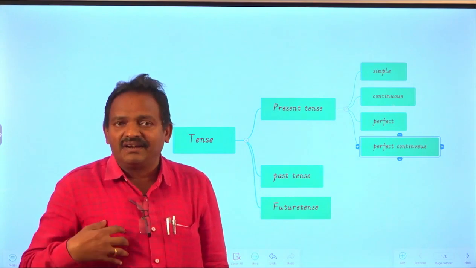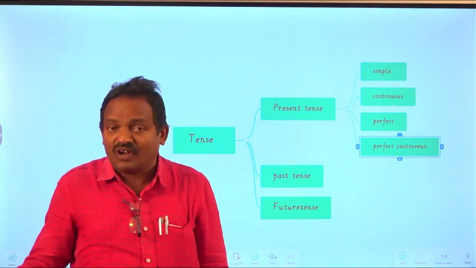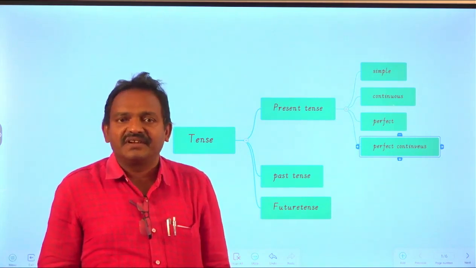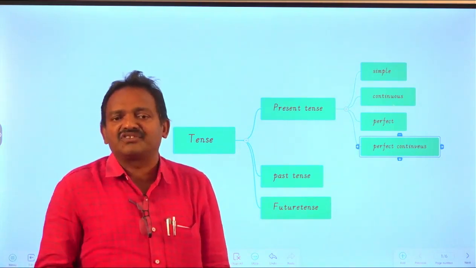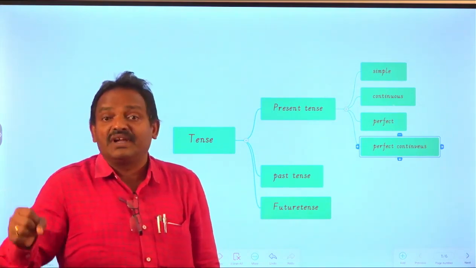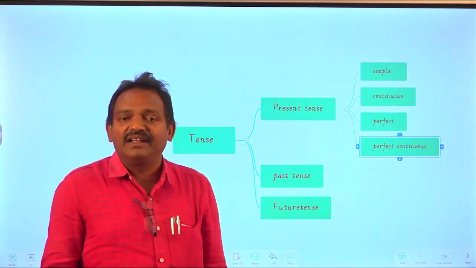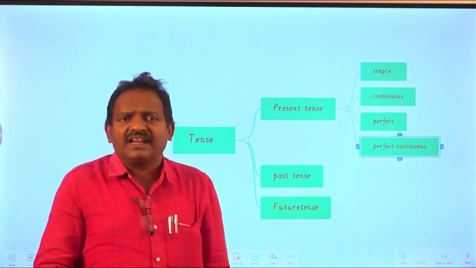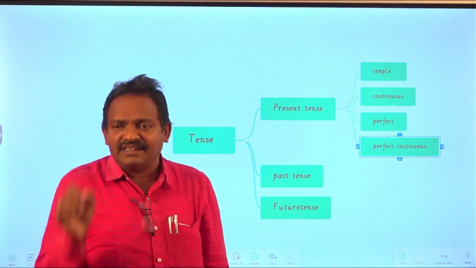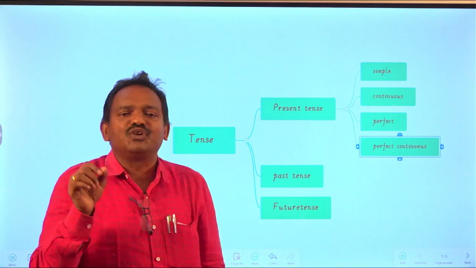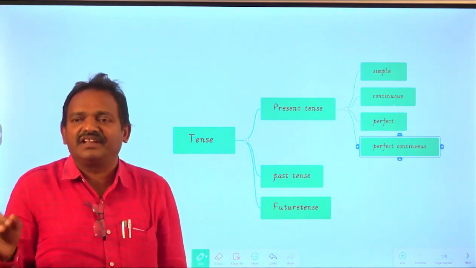Whenever we learn these 12 tenses, we will be very fine in the English language. If we learn the 12 tenses, we are able to speak in English, we are able to write in English, we can survive in society by learning these 12 tenses, because every writing or every reading depends on tenses. Without tense, without a verb form, there is no meaning to any sentence.